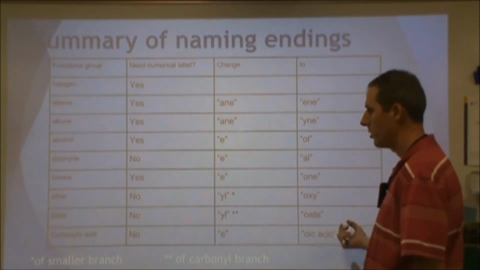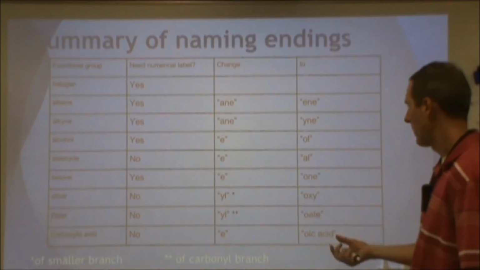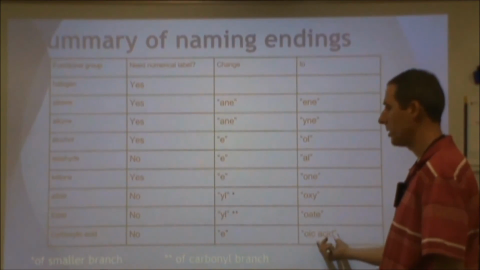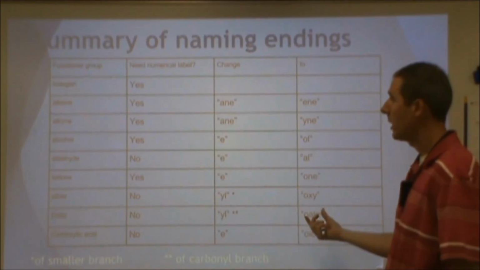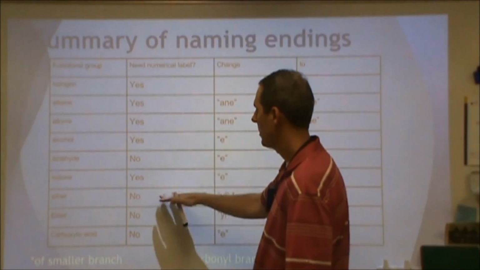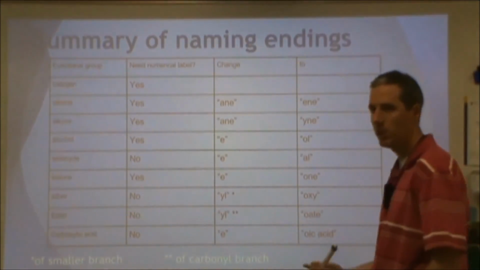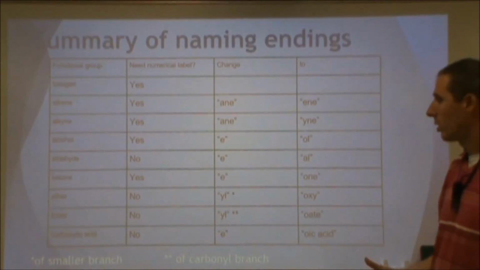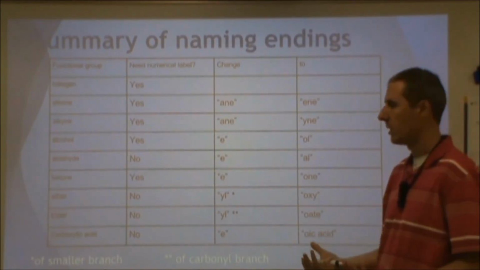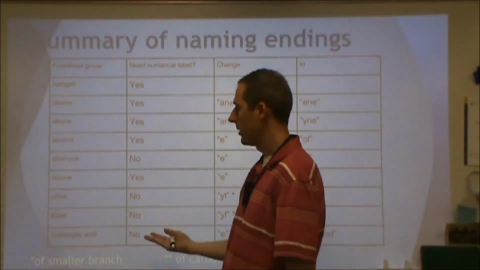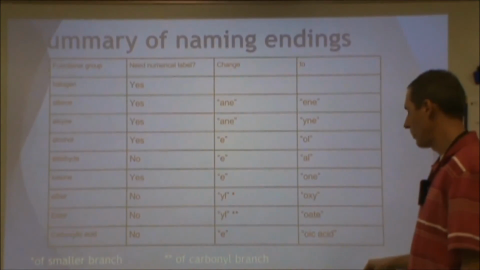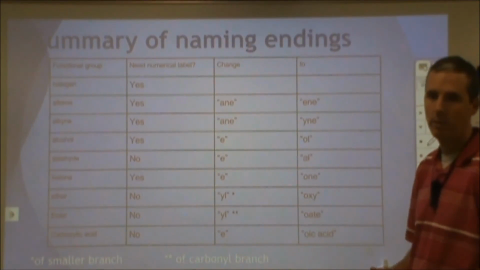For an ester, you're changing it to methyl propanoate or whatever it is. And the carboxylic acid, you're changing the E to the OIC acid. And then it also indicates whether you need to number. For an aldehyde, a carboxylic acid, an ether, or an ester, you don't need to do that because you're either at the terminal carbon or you're in a situation where you're naming both of these substituents. Okay? So all of those details are present there. Kind of give you an overview of the entire naming process for all of those functional